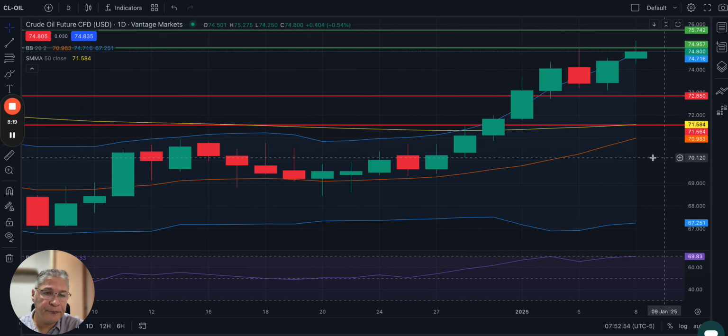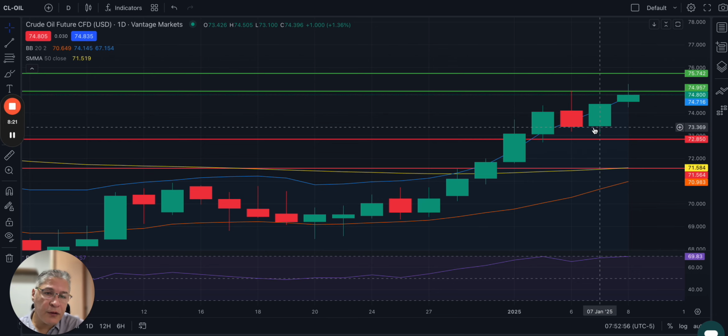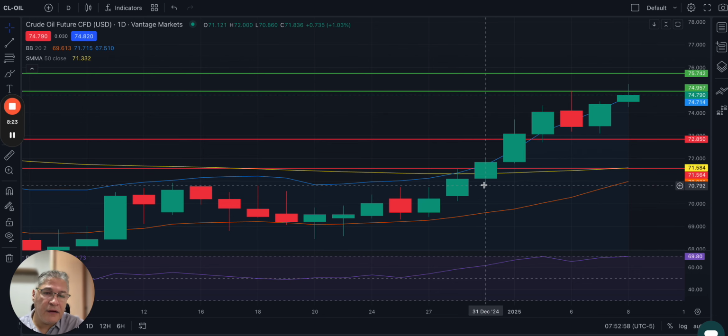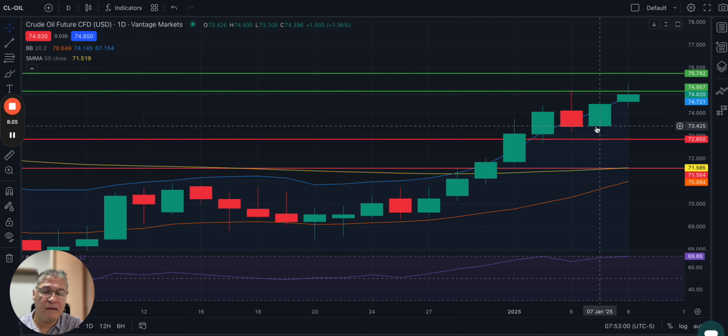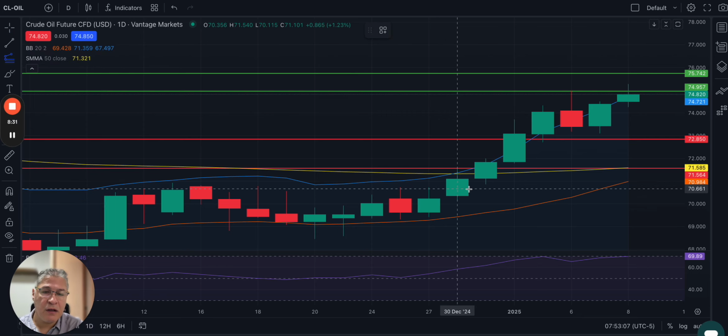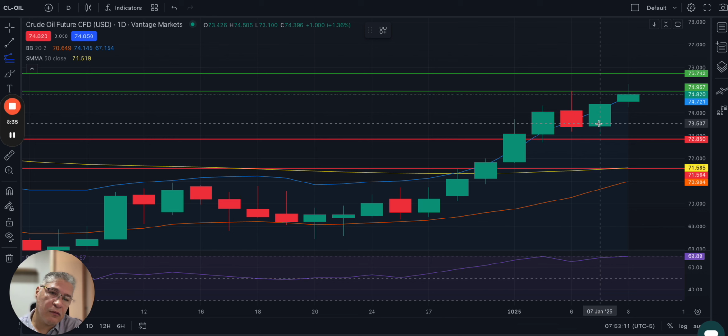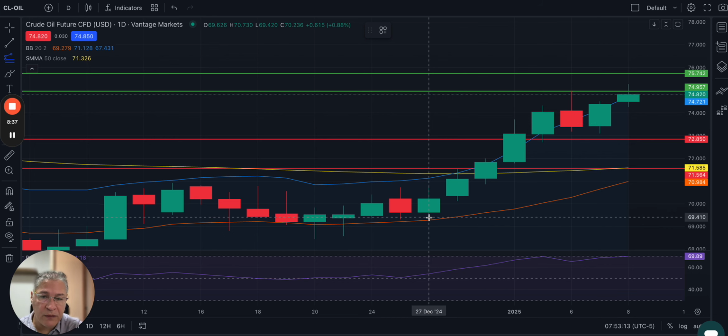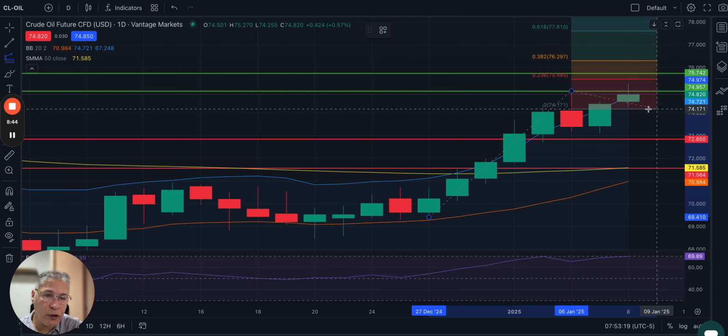Crude oil is continuing its rally to the upside. Okay, so again, we can come in and use our trend-based fib extension, and we want to measure the whole trend. What is the whole trend? We don't want to just measure one candle. We want to measure the whole movement. So from this low to this high, to where we are right now,